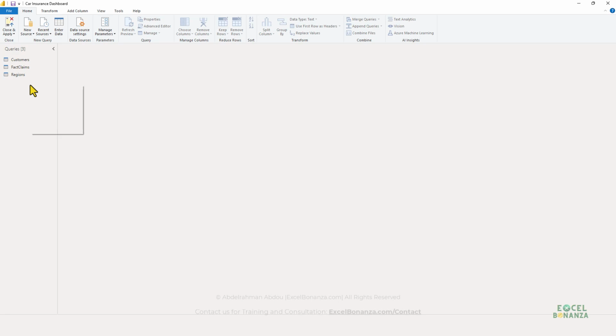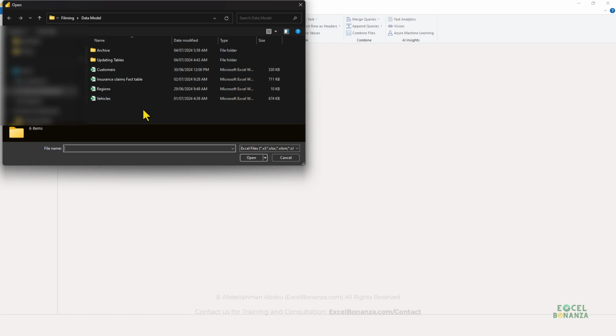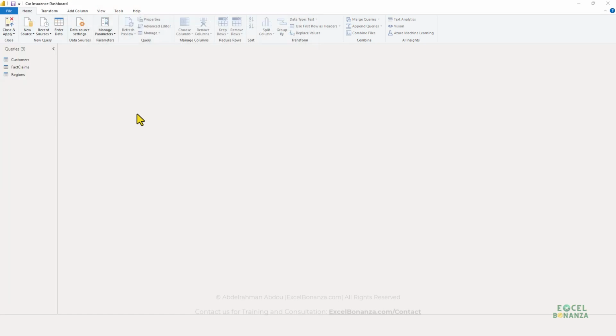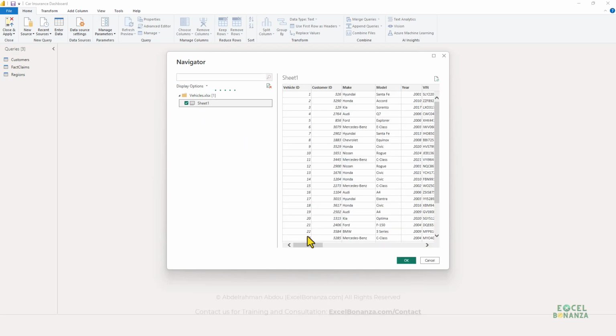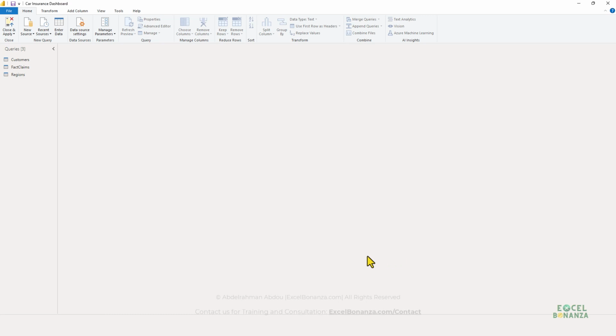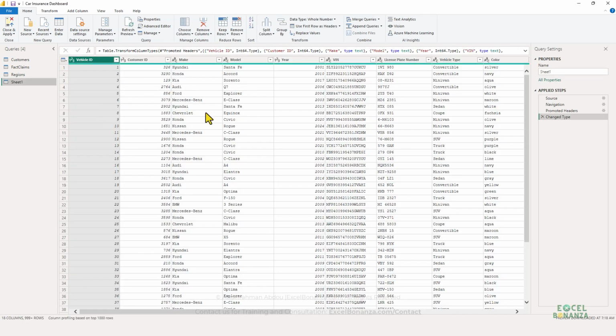Let's also import one more table, which is the vehicles table. So we're going to right click here, new query from an Excel workbook, and we're going to import our vehicles table here, which contains a listing of the vehicles that are insured in our insurance company. So we're going to click OK here, and we're going to rename this to vehicles, double click and rename,